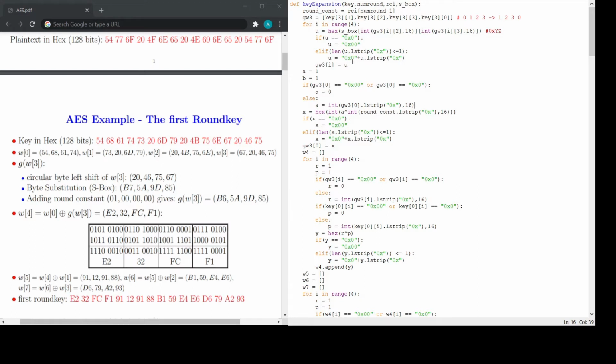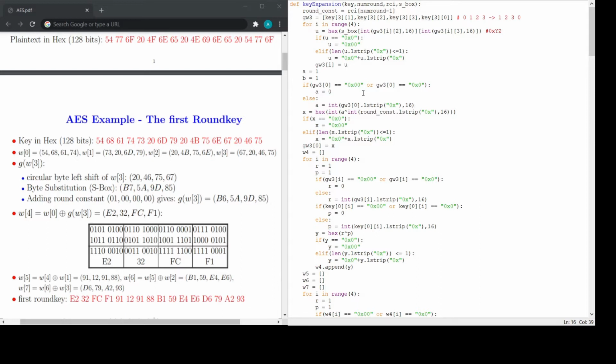Therefore, if the length is 1, we append a 0 before the x. And then after that we do the XOR operation. At this point our intermediate key is ready. So we then find the first key values of the next round key.